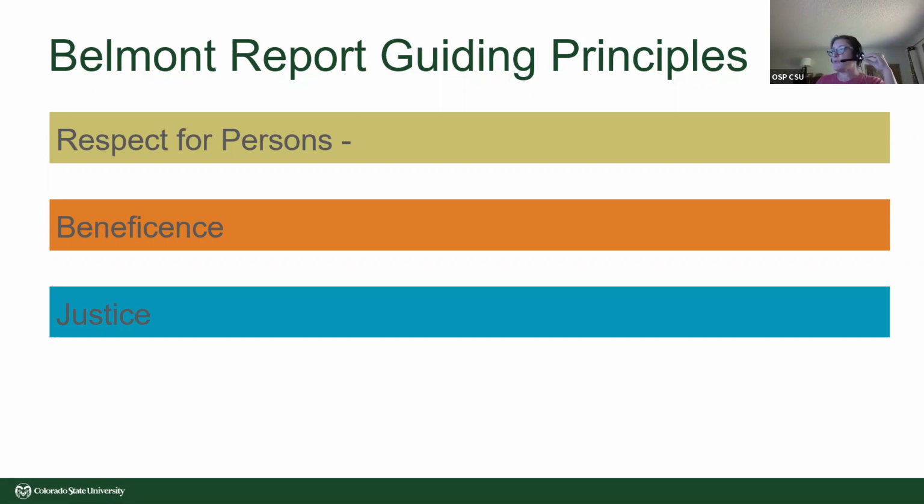With respect for persons, sorry, I thought I had more on that slide. With respect for persons, we're talking about individuals being treated as autonomous, capable of making their own choices, their informed consent. They have to be given enough information to make an informed decision on whether they want to participate in a study. It sounds like with my myelination study, a few people wrote that they needed more information. They needed to understand what was being done to them. They needed to understand what neuronal myelination was. So it sounds like you weren't given enough information to make informed consent.